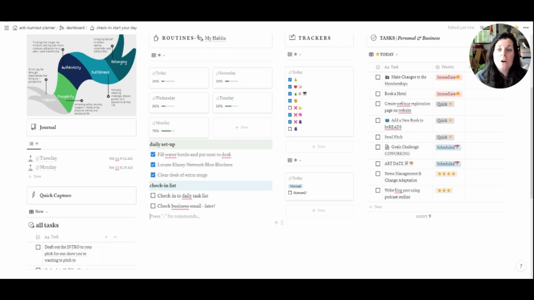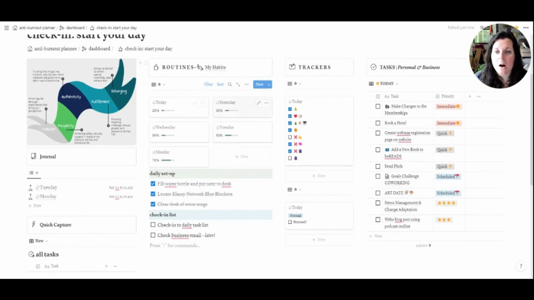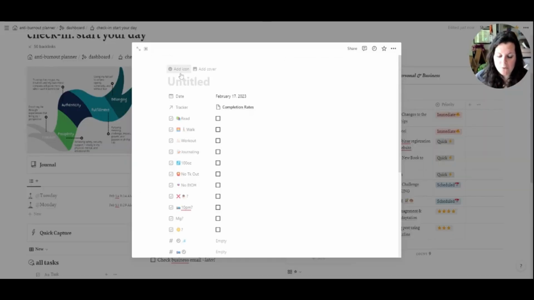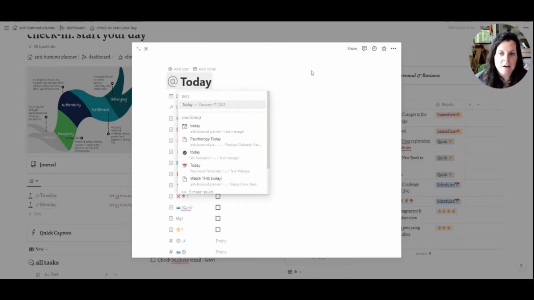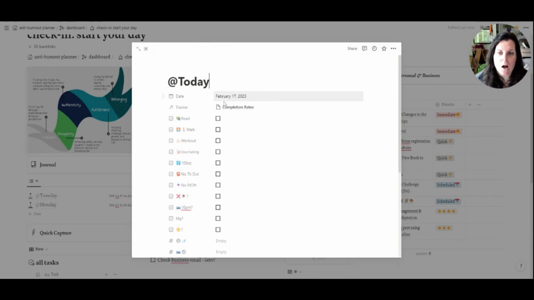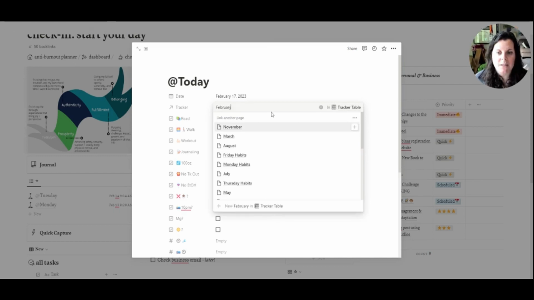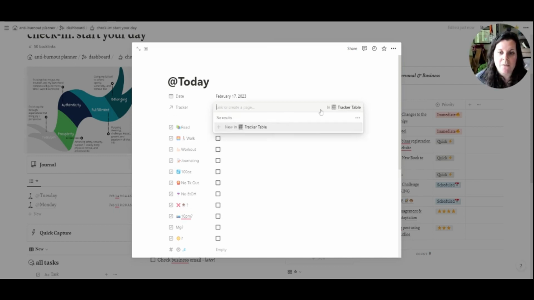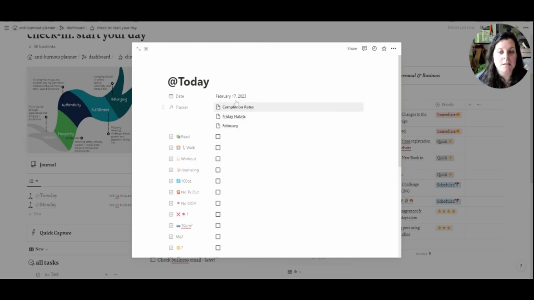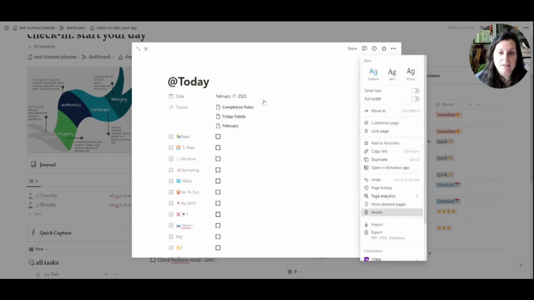And okay, so first and foremost, what I usually do when I sit down is I go in here to my routines and my habits, and I create a new entry for my habit tracker. So I'll usually just do at today. I've already done this for today, and whatever the day is, it will automatically create the date. And then this is one of the little manual aspects of the habit tracker that I have. I really, really like my habit tracker. But one of the things you have to do each time is go in and say which things you want to associate it with. So I'll say February, and then I will say that this is associated with Friday habits, because as I'm recording this, it's a Friday. I've actually already done that for today, so I'm going to go ahead and delete it.